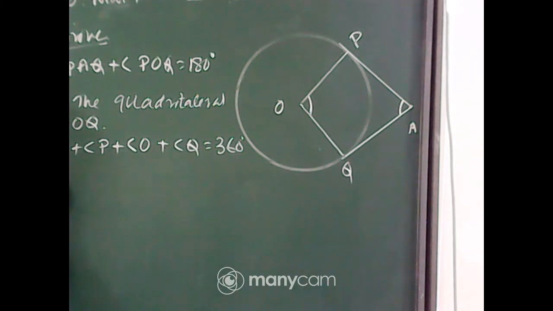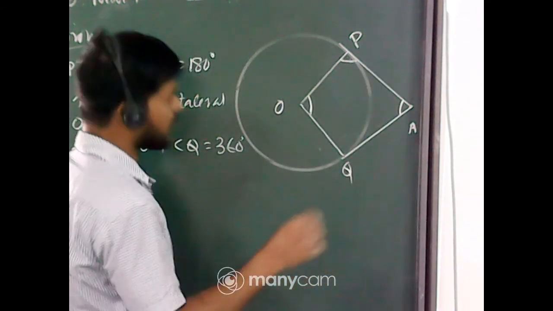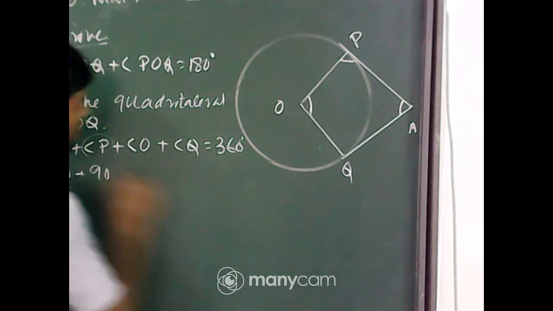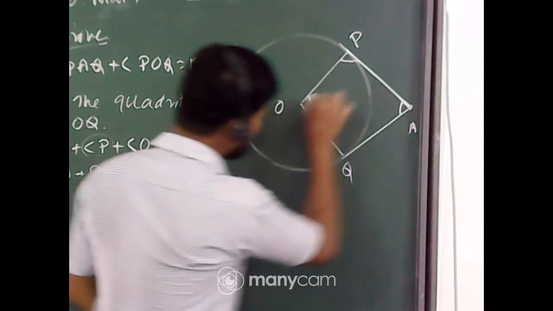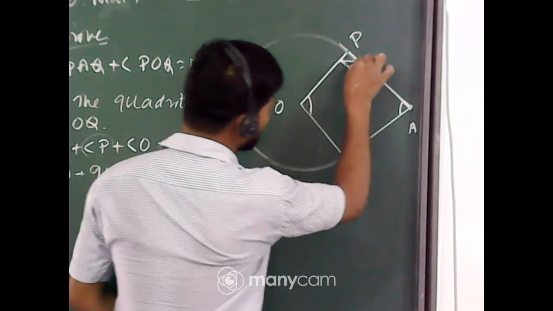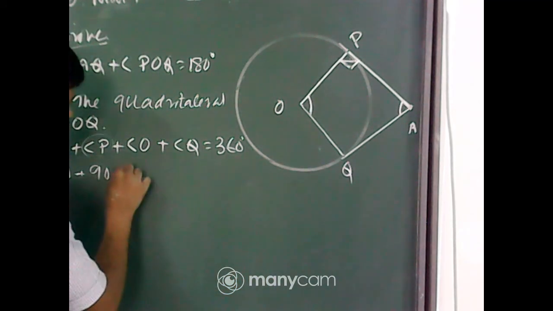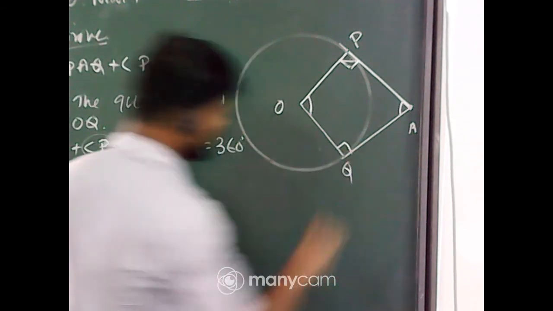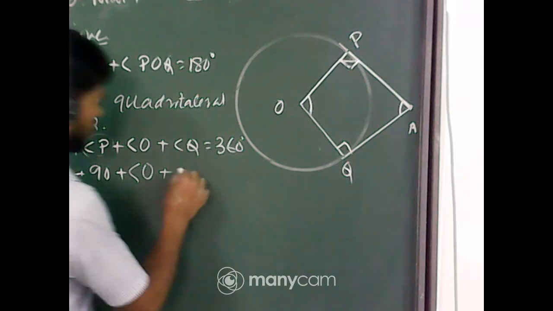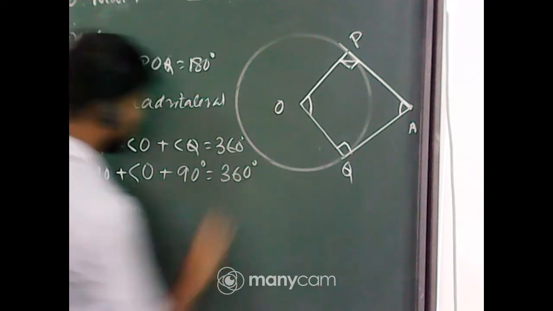Now angle A plus, what is the value of angle P? This angle is 90 degree. Very good. Why is this 90 degree? Because this is the angle made between the tangent and the radius through the tangent. We know that the tangent and the radius through the point of tangency are always at 90 degree. So P equals 90 degree. What is the value of O? We don't know that. And what is the value of Q? Q is also 90 degree for the same reason, because this is the angle between the tangent and the radius through the tangent.